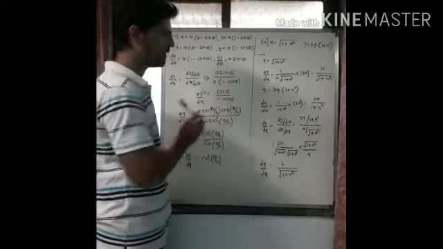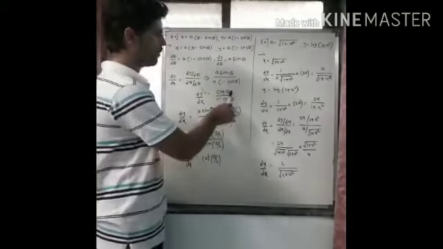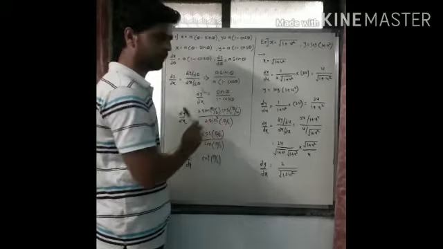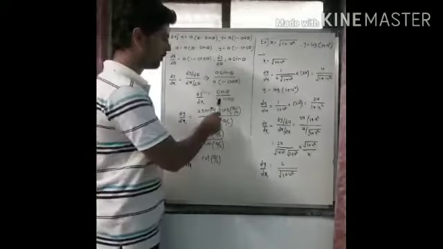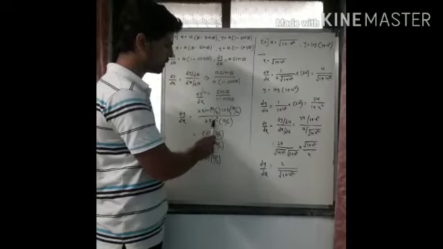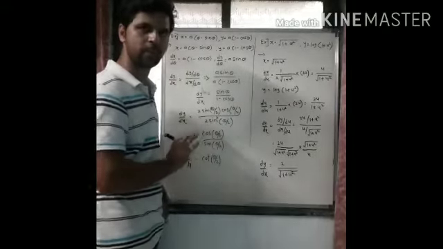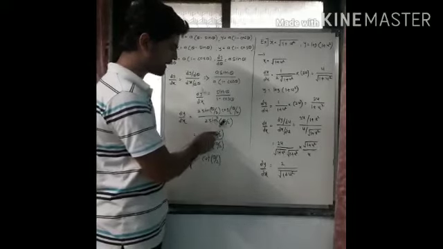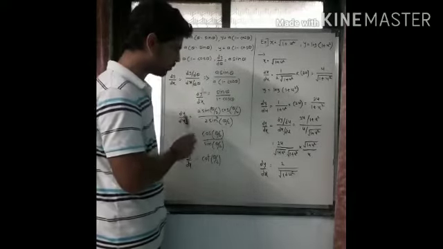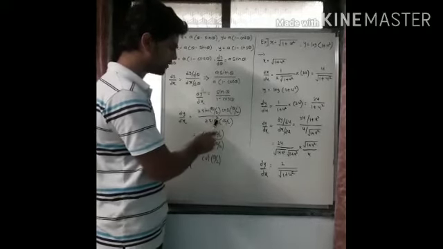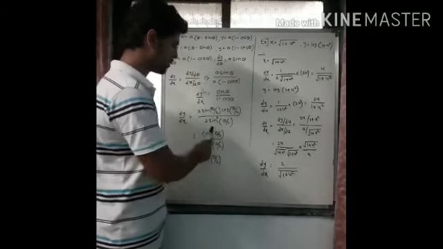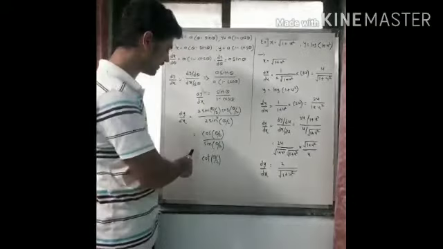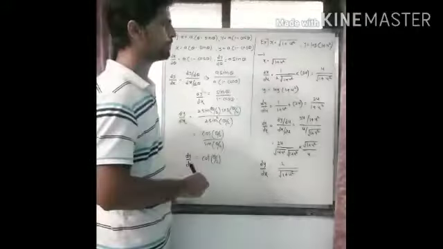But we can simplify it further. We know the formula of sine theta: 2 sine theta by 2 cos theta by 2. We have already seen this. And the formula of 1 minus cos theta is 2 sine square theta by 2. This formula also we have seen. Now 2 will get cancelled. Sine theta by 2 and one sine theta by 2 from this square will get cancelled. So what we are left with is cos theta by 2 and one sine theta by 2. So cos by sine is nothing but cot theta by 2. This is your dy by dx.